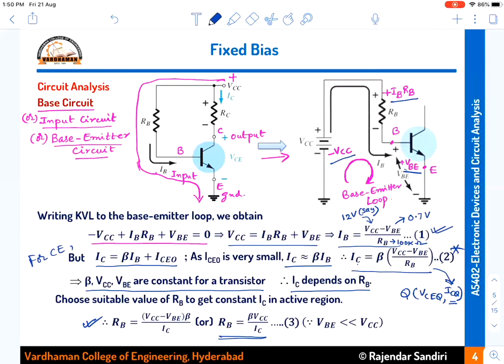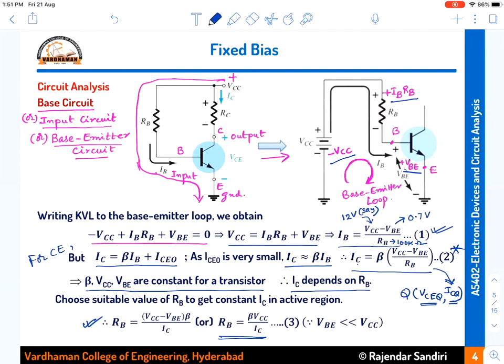Now next we have to see the output circuit, because VCE is the output voltage, right? VCE is the output voltage, but ICQ is output current only, and it depends on the input current, just beta times the input current. So input current can be calculated by using the input circuit, then the output current is just beta times the input current. To calculate the output current, we require the input current. Therefore I have taken the input circuit or base emitter circuit and I have applied the KVL.